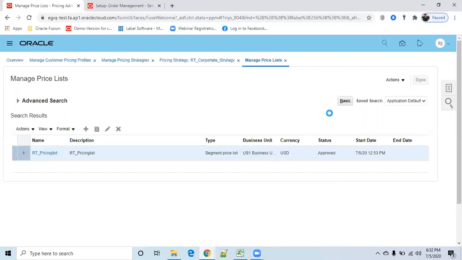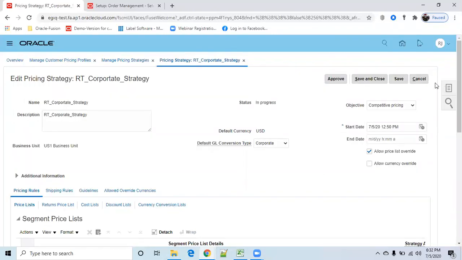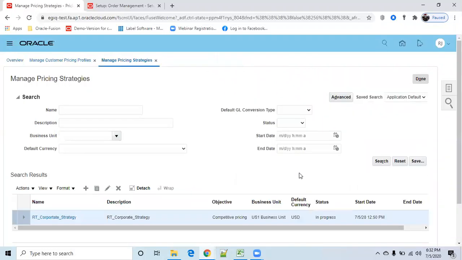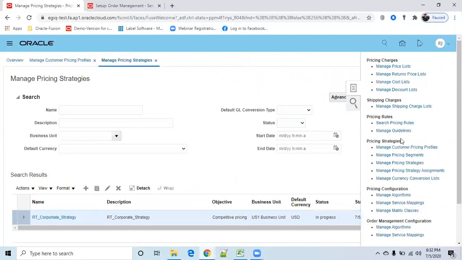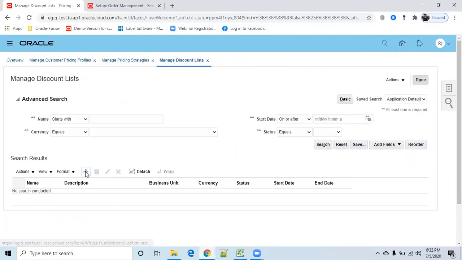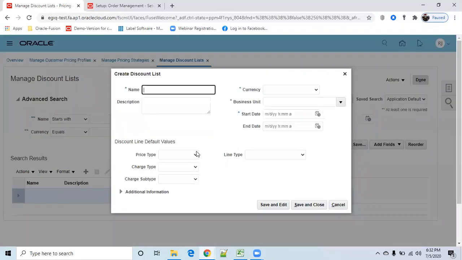Similarly, we can see one more pricing list called discount. Similarly, you can define your return pricing list. Instead of this one, I'm going for the discount list. Manage discount list. Here also it's the same thing, click on plus. Here you can create your discount list.